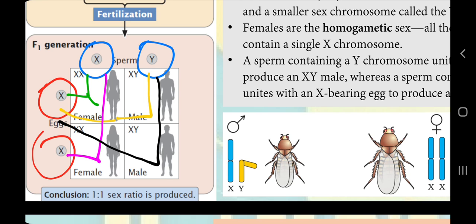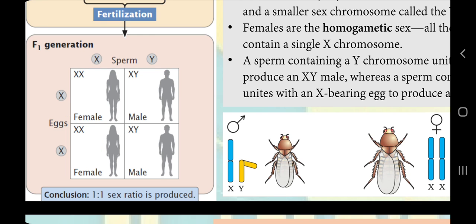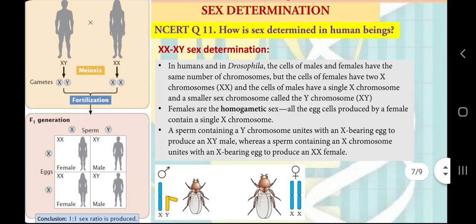It means we will receive a 1-to-1 ratio, or 50-50 ratio, in the next generation in the case of human beings. As in the case of probability, these are only probabilities. We cannot expect an exact number of individuals. For example, if a human couple is having 4 children or 2 children, you cannot always say that these 2 will be 1 boy and 1 girl, or these 4 will be 2 boys and 2 girls. These are the probabilities for each pregnancy. We have learned about probabilities in our previous videos, what probability really is and how important it is in predicting outcomes in genetic crosses.